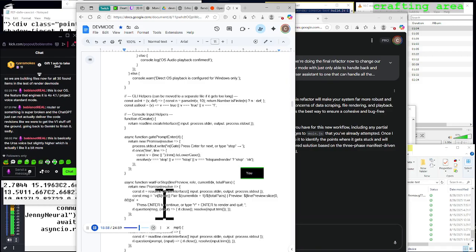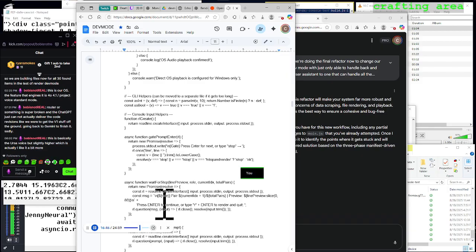dot length const pairs equals 4 let i equals 0; i less than minLen; i plus plus; const userText equals await userEl dot innerText dot trim; const assistantText equals await assistantEl dot innerText dot trim; pairs dot push userText, assistantText; return pairs. TTS and file system helpers: async function renderUserTTS text, index, outputDir. This logic remains the same. const waveFile equals path.join outputDir, user index plus 1 dot